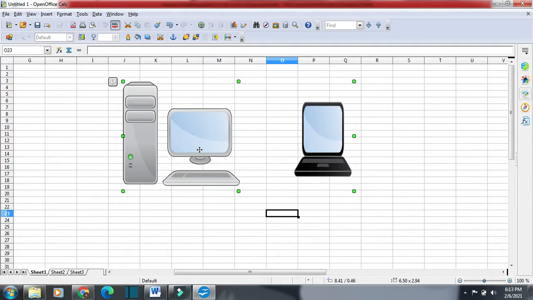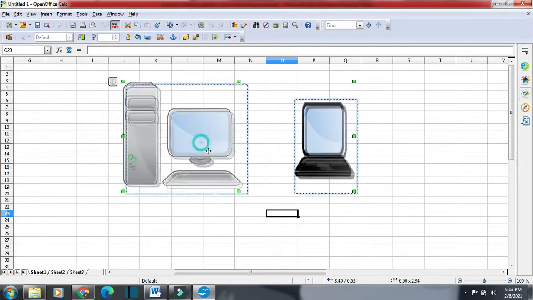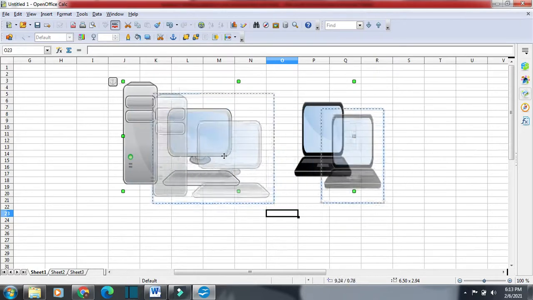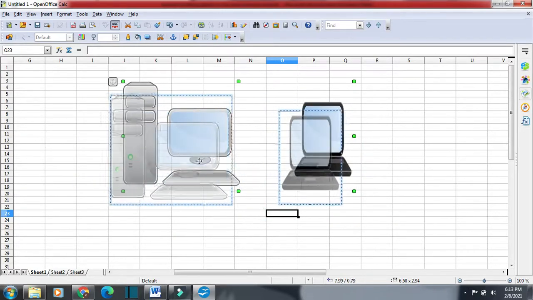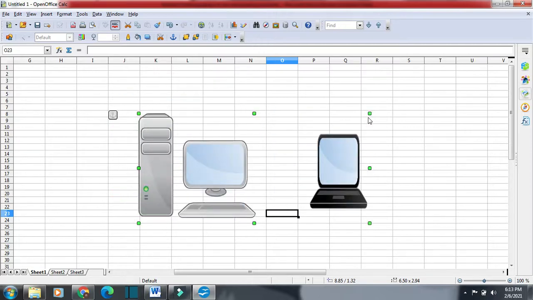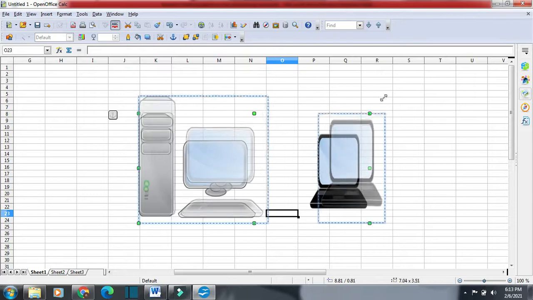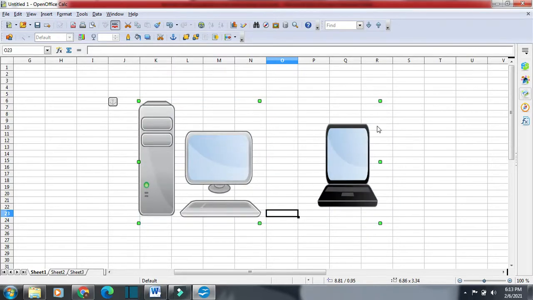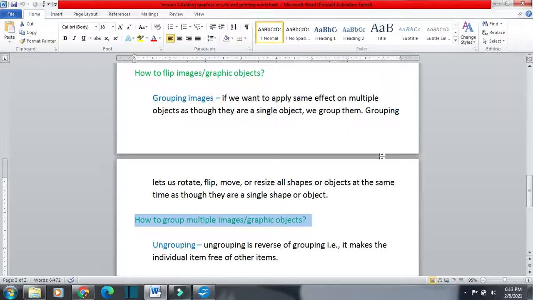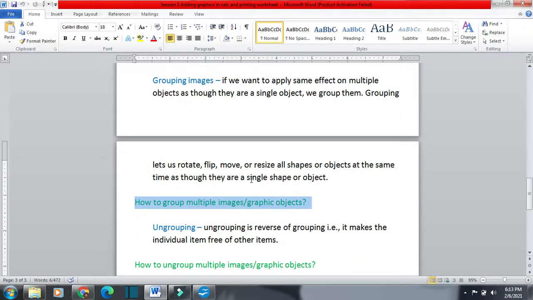Now they will work as if they are one. You can see they are moving as if they are one. You can resize both the images at the same time. So they will act as if they are a single shape. You can rotate both of them, you can flip both of them, you can move both of them, you can resize both of them. This is called grouping the object.